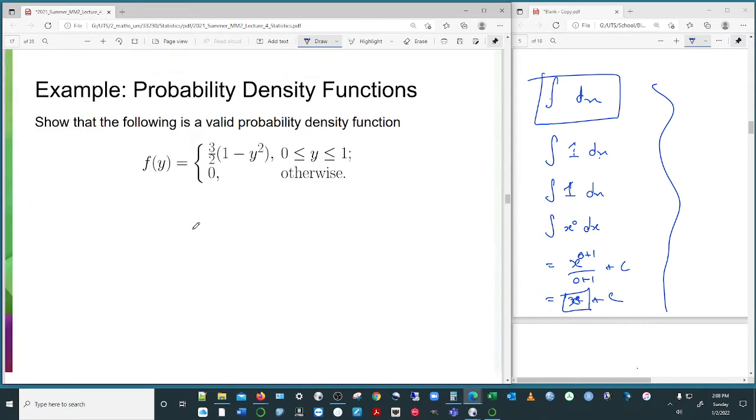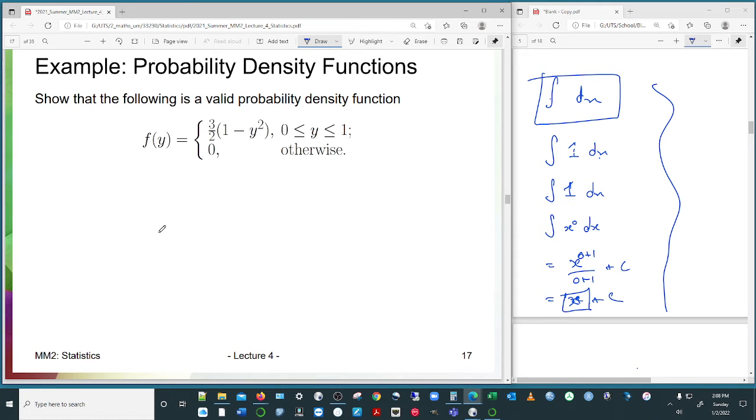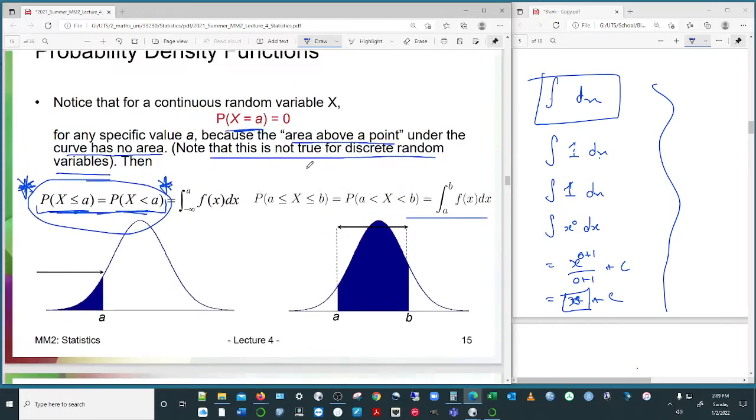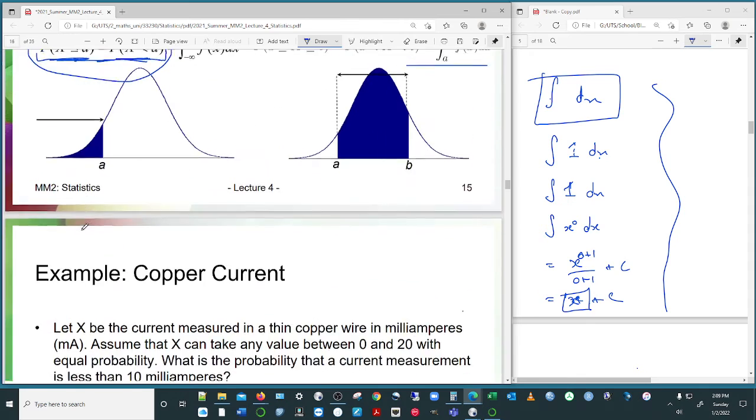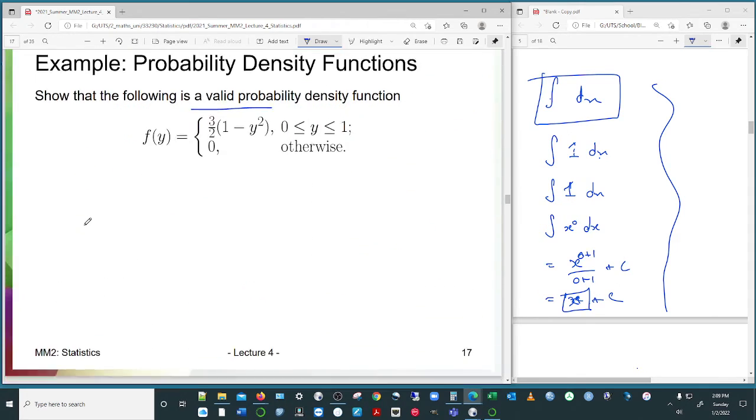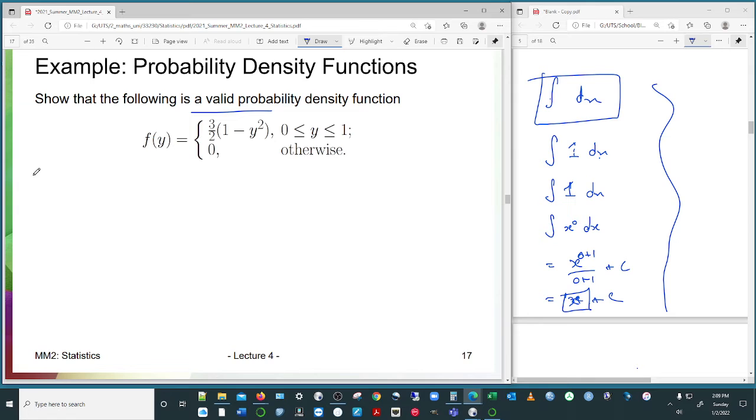So in terms of these PDFs, let's think about the probability density function and whether or not this particular function is a valid PDF. Now this is happening in high school these days, so you've kind of done this. If we go back to the definitions, we need these two things to be true. We need that to be positive, and we need the density curve integration to be 1 across infinity. So that raises an interesting question about how we approach integrations across infinity, because they're a particular type of integral called improper integrals, and you haven't done those yet.